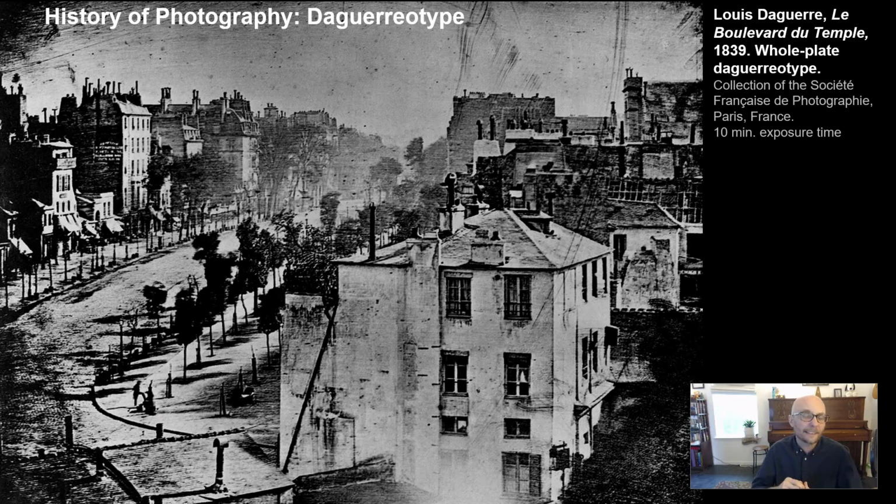Now, by the time this image was made, which was 15 years later or so, the technology had gotten fast enough that the exposure time was 10 minutes. And you can see the image was much more crisp and much more clear. However, it was still too long to catch anything in motion. So anything that was moving, like horses or people, would have, well, they're invisible. We don't see them. But this one guy, basically a guy standing there getting his shoe shined, made history